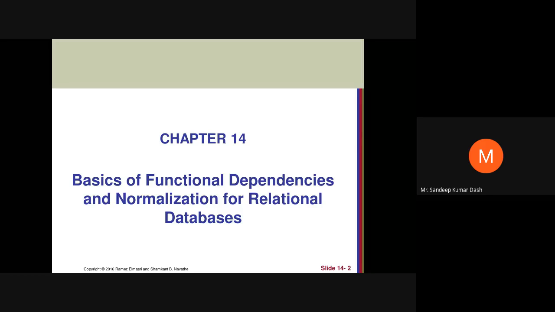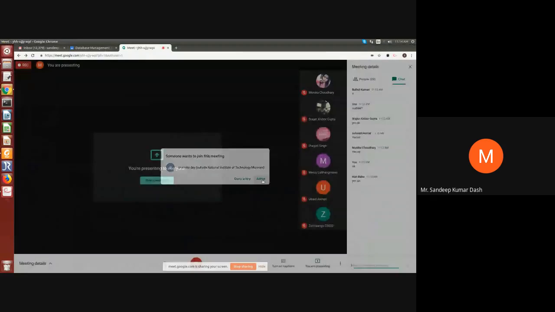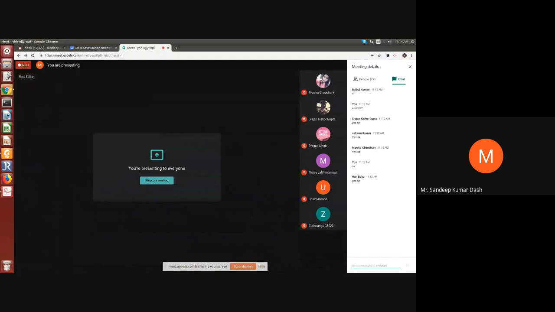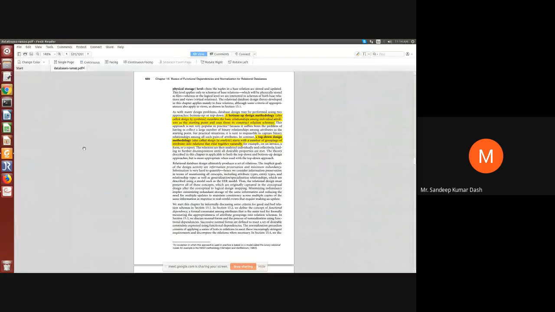Fine. But how are you confirmed that whatever you did is proper? That means the design was proper, the ER diagram was proper, then the tables that you built from the ER diagram were proper. How do you measure that? For that, there are some design principles which the relational database has to follow. Those are called guidelines. Guidelines for design principle. Okay. That means using those guidelines, you have to design the database. The guidelines are basically,